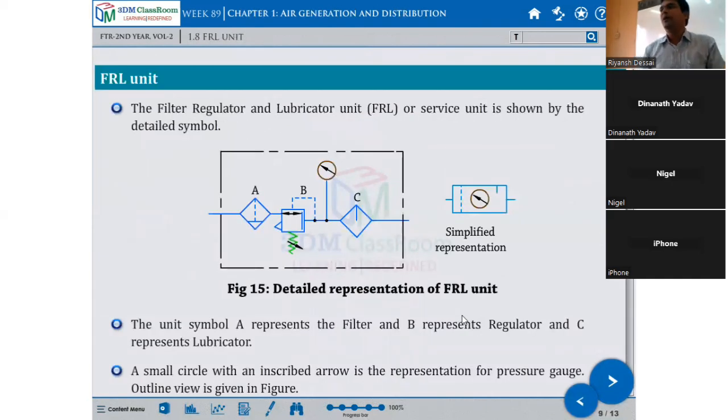Now, what do you mean by FRL? What is the expansion of FRL? Filter, regulator,